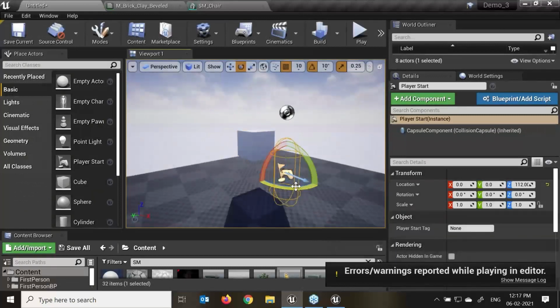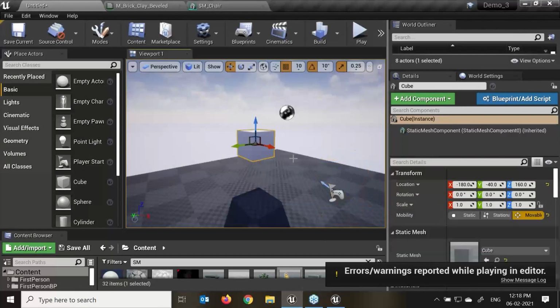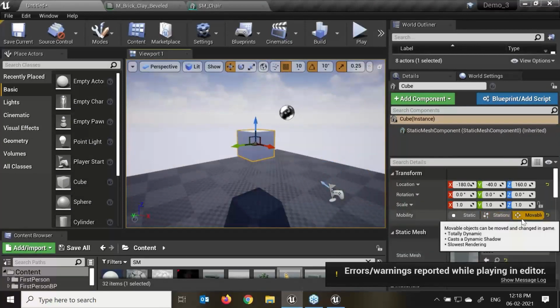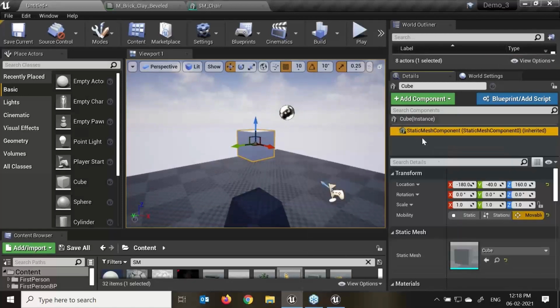What I'll do is rotate this in this direction, so whenever I play my game, this will be the direction. Select these objects, stationary. I'll select these cubes, stationary properties.